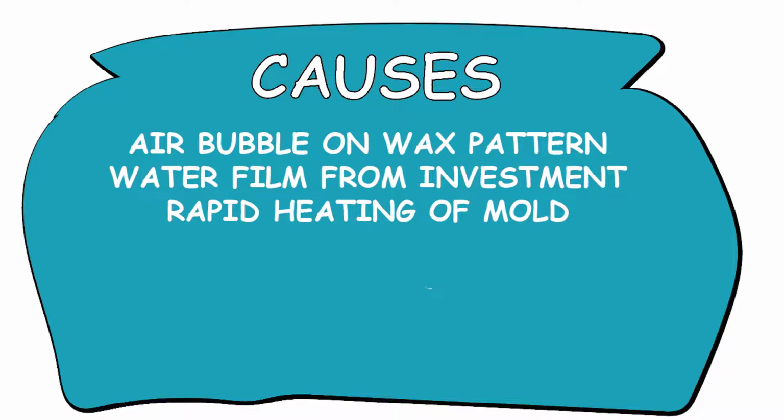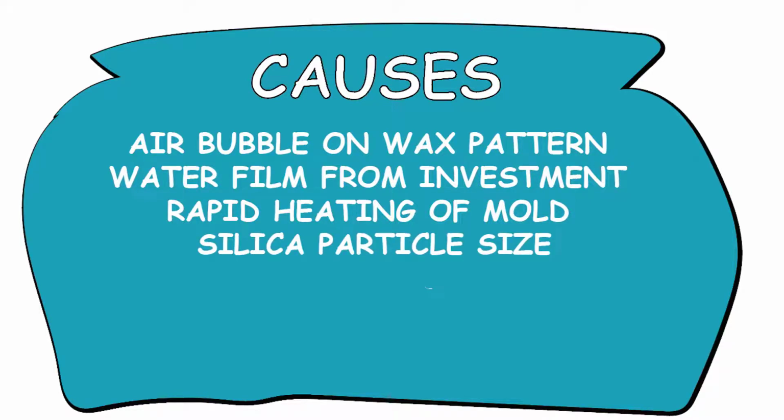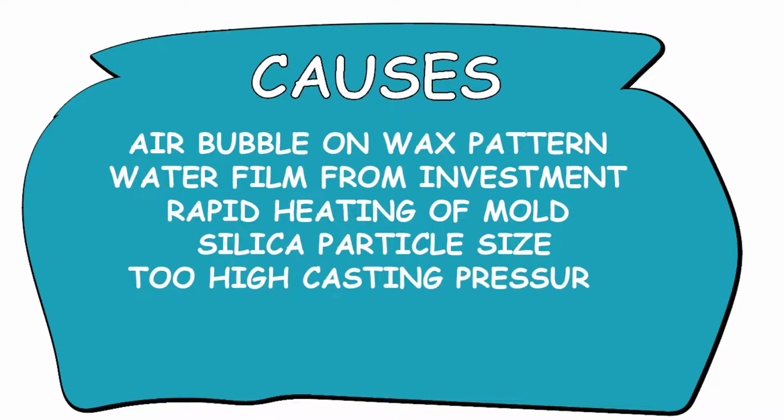The next cause is the size of the silica particle. Larger silica particles can project into the mold surface, which might result in a rough casting surface. The next cause is too high casting pressure. Pneumatic casting machines are used in case of base metal alloys, and a casting pressure of 1 atmospheric pressure is used. But if the casting pressure is high,